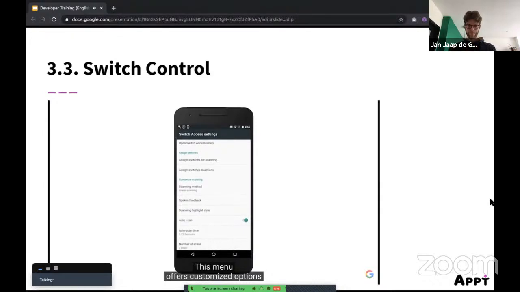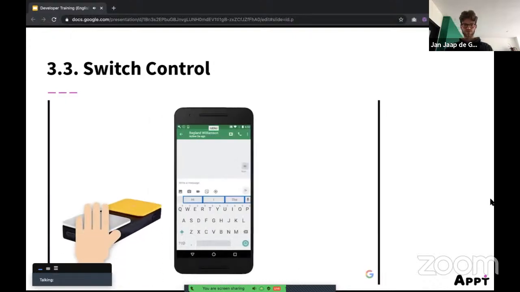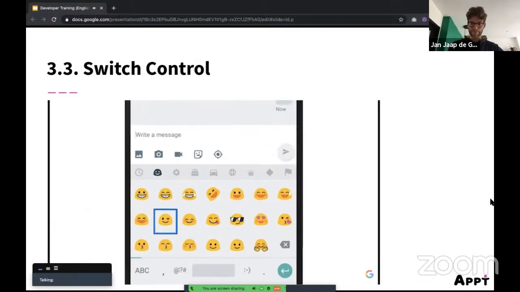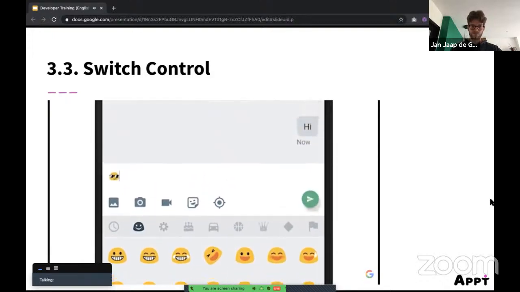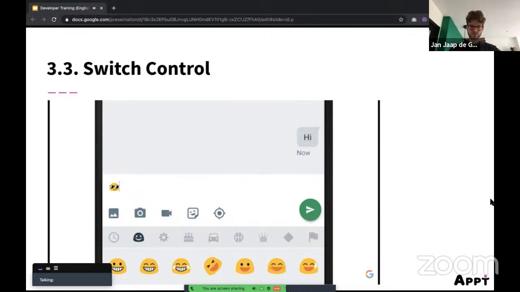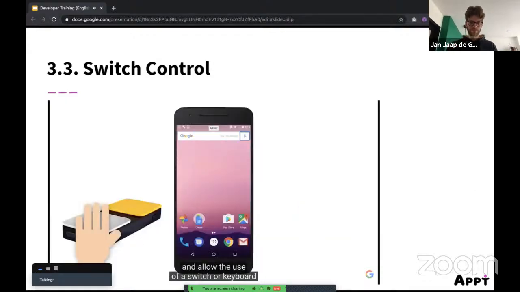This menu offers customized options to meet your individual needs. From messages to maps, access your world with a switch.